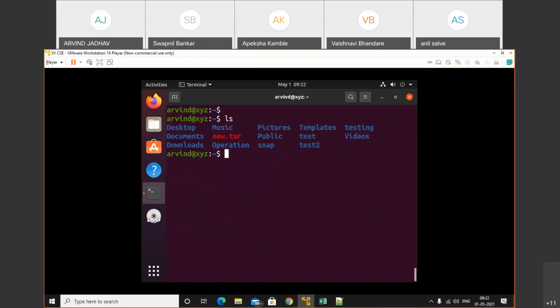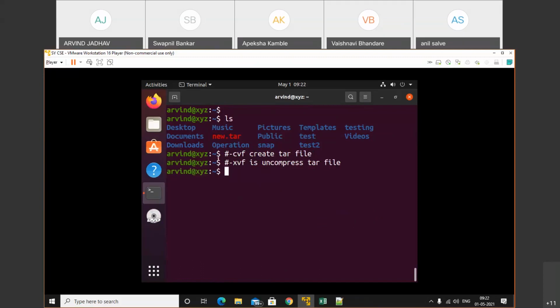Uncompress. So -cvf is used to create the tar file. Second, -xvf is used to uncompress the tar file.